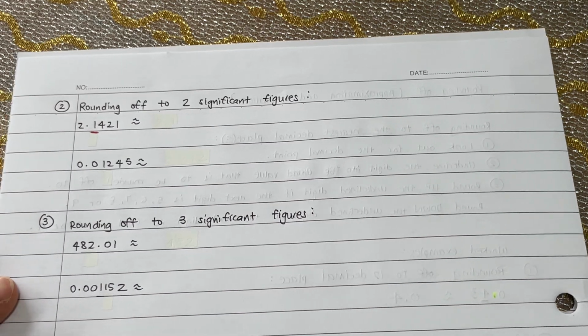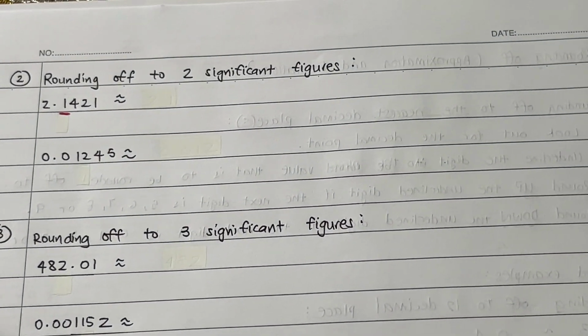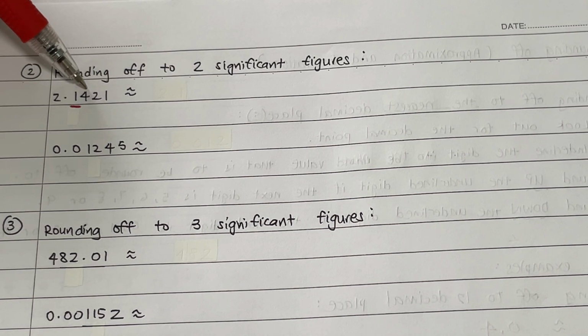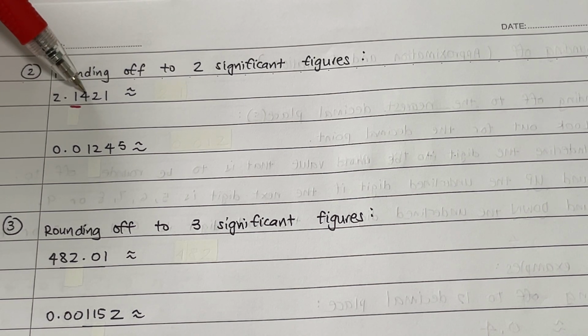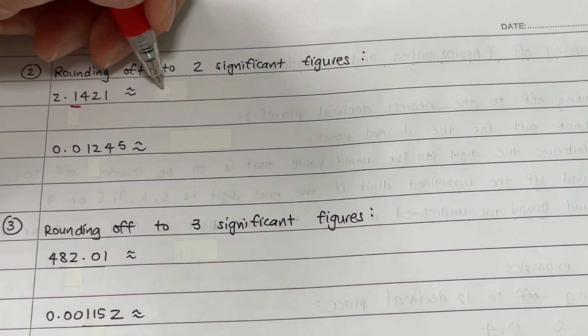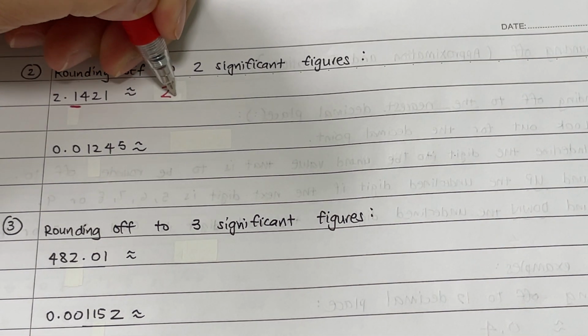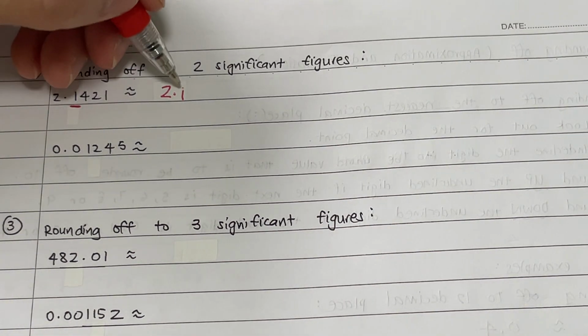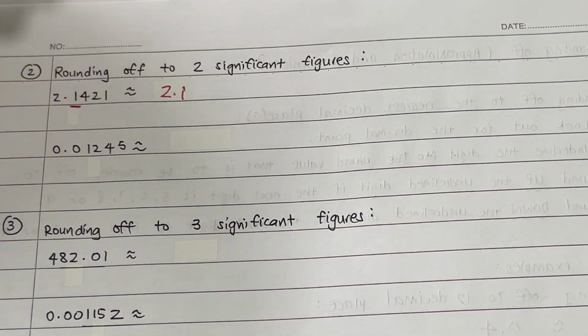Lastly, we ask ourselves, okay, do we then round up or round down? And that depends on the number 4. 4 means that we have to round down. We round down, this means we do not add 1 to this underlined digit, and so our value when we round off to two significant figures is 2.1. Next,